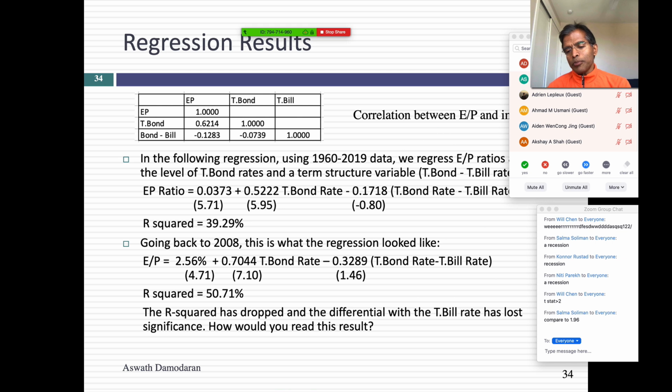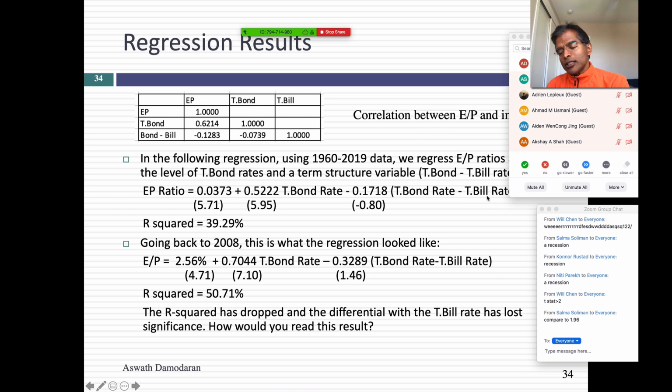So now let's suppose I came to you and said, can you now tell me whether stocks are overpriced or underpriced? Can somebody tell me how I could perhaps use this equation to answer that question of whether stocks are underpriced or overpriced today? What could I do? What's the T-bond rate today? Does anybody know off the top of their head? I think it was like 0.65 or 0.7%. 0.7%. You could plug in today's T-bond rate.